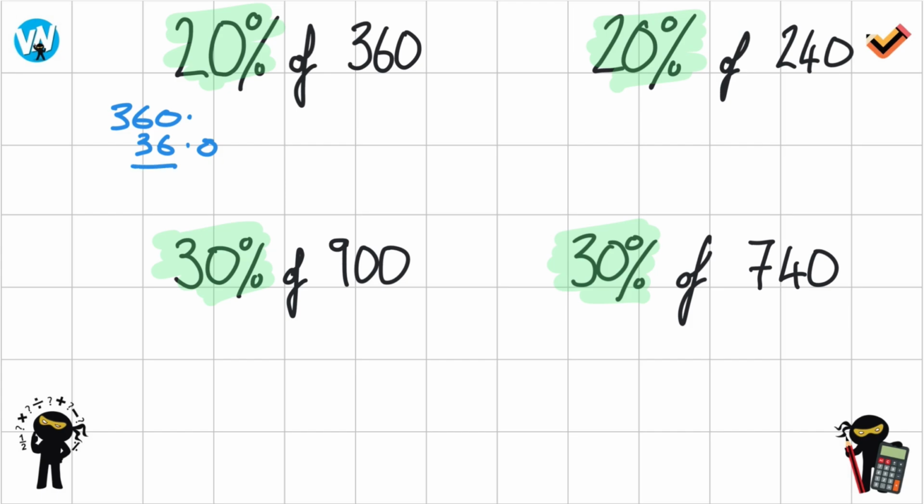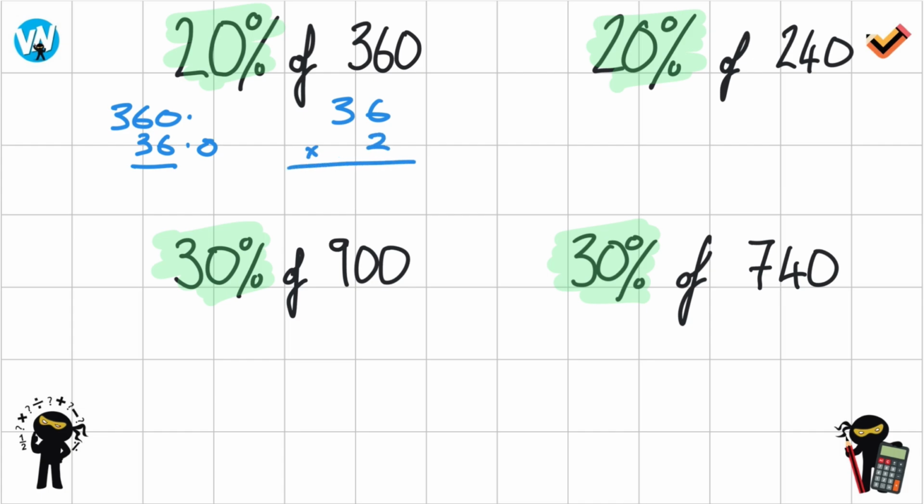So I know that 10% is equal to 36. So if I know what 10% is, then finding 20%, which is just double 10%, is just doubling, isn't it? It's timesing by 2. So all I'm going to do is times 36 by 2, and that will give me 20%. And again, you should be able to do that in your head and know that it's